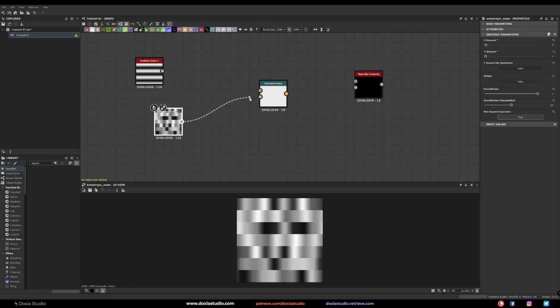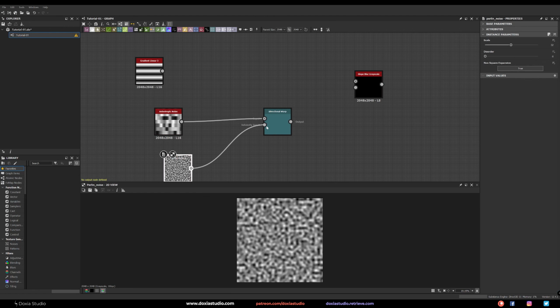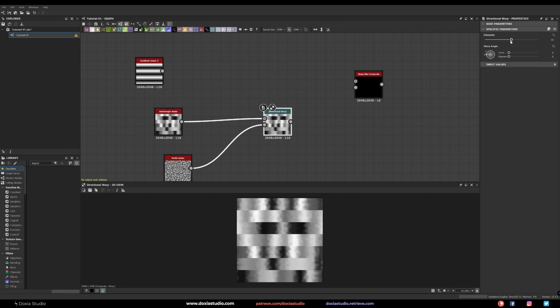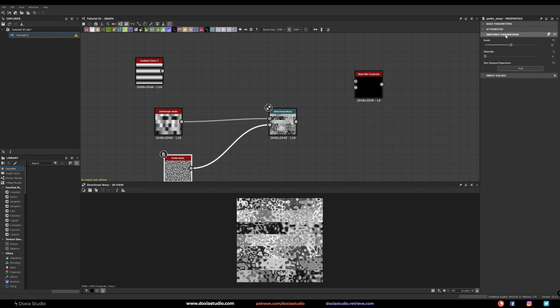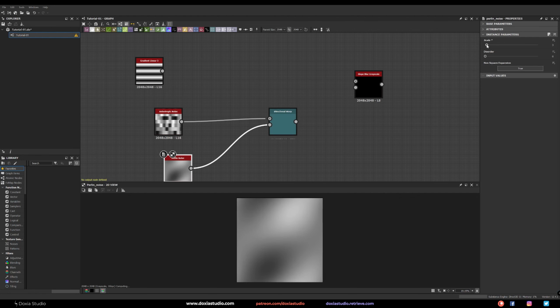So what I did is I went to a directional warp. I used the Perlin noise to start, and linked these to the intensity input. Okay, and if you double click, you can start seeing something and increase here. I like to come here and increase the number really high, 150 for example. Then I just lower that down. And the Perlin noise, let me double click so you can see, I reduce the scale way like this, okay?